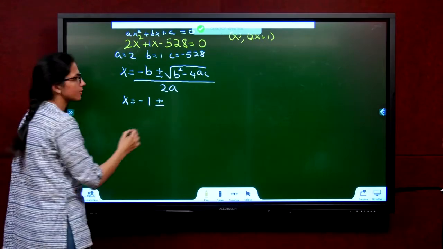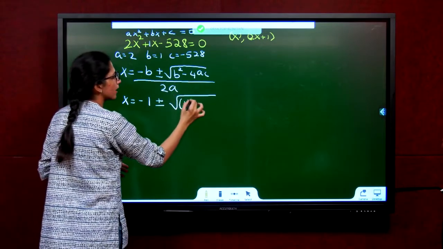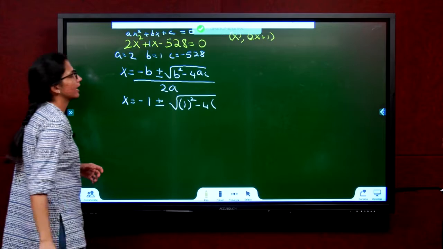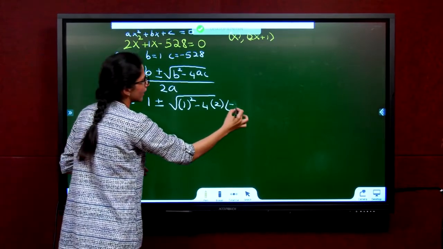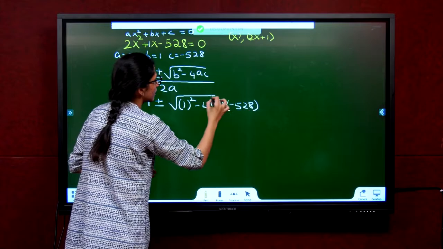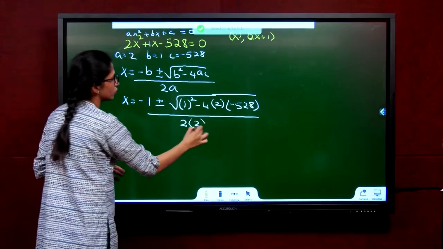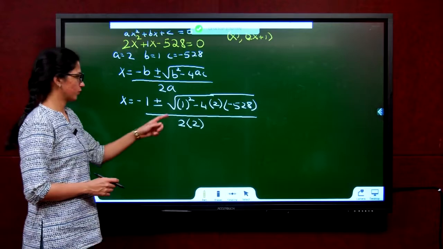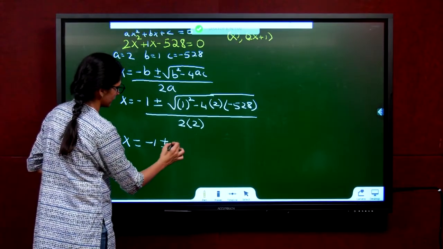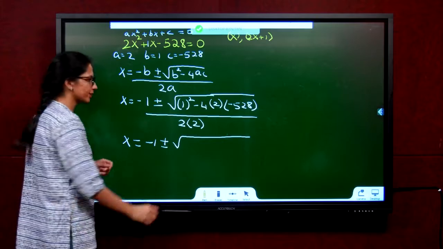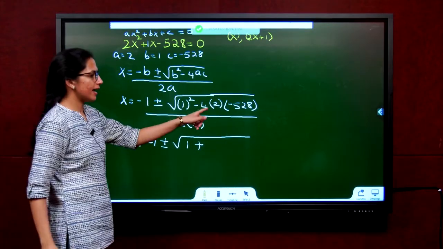Plus or minus root of b square, 1 square, minus 4, a is 2, c is minus 528, divided by 2 into a, which is 2 again. First we will go to the root. x is equal to minus 1 plus or minus root of 1 square, 1, minus 4 into 2 into minus 528, plus 8 into